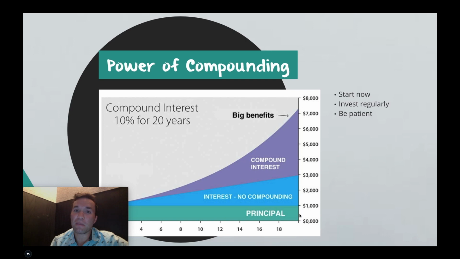Now, that might not seem like a lot, but this is why it's important to always keep adding more money that you save. You're always trying to save a certain percentage of how much you make in your salary. But this is something that I think a lot of people don't realize, the actual power and that snowball effect that you get from investing.